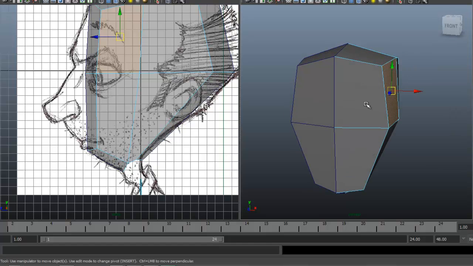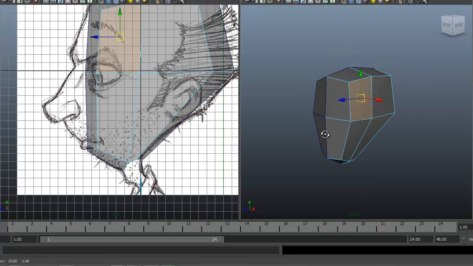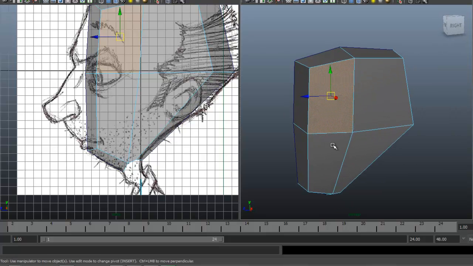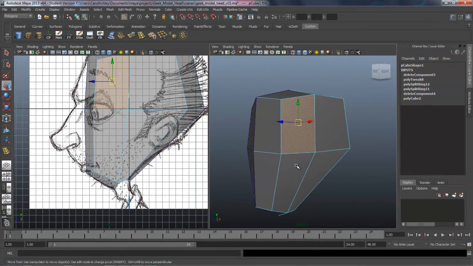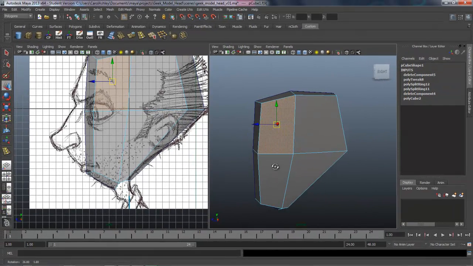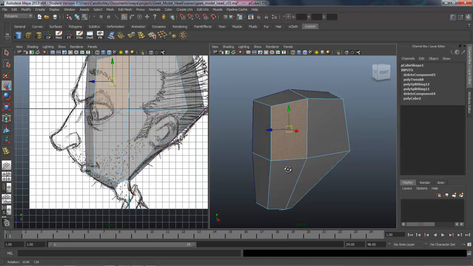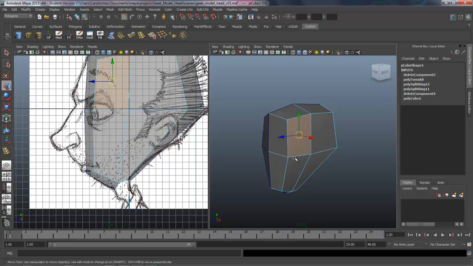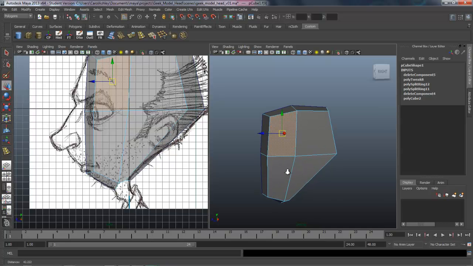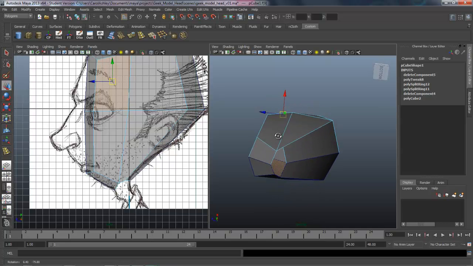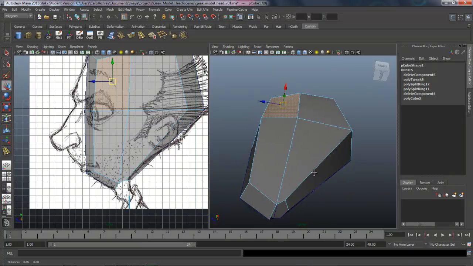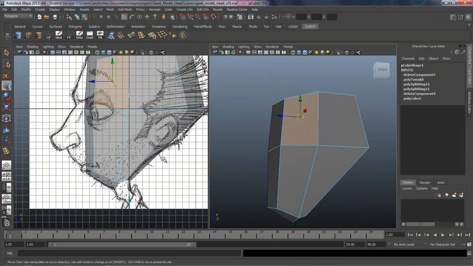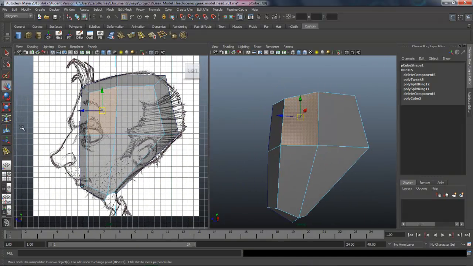And this is not only true of box modeling, but also true of digital sculpting and packages like ZBrush or Mudbox. You would do the same thing. You would max out your resolution and then subdivide and go up and then sculpt again, move the points around in this case, and then subdivide once you kind of maxed out that level again. So make sure you get these shapes in place before you start inserting more edge loops.